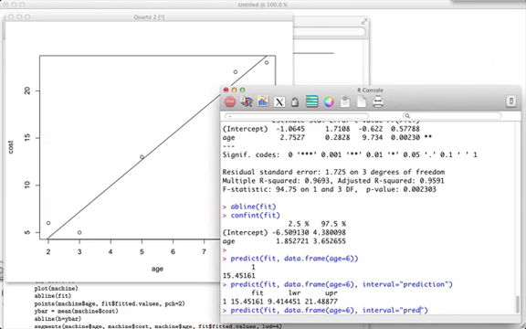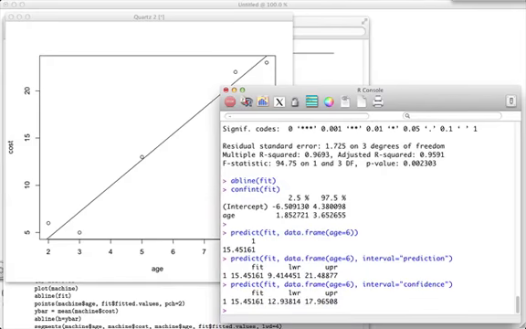If you wanted a confidence interval for the mean, type in confidence here. This is coming back to this estimate of 15.45. How much variation is there around that estimate of 15.45? That mean could be as low as about 13 and about as high as about 18 is the way to interpret that. And that's about it for the common tasks that we do with